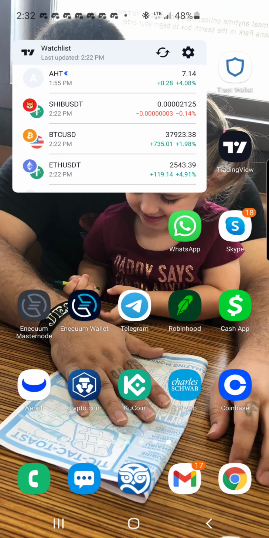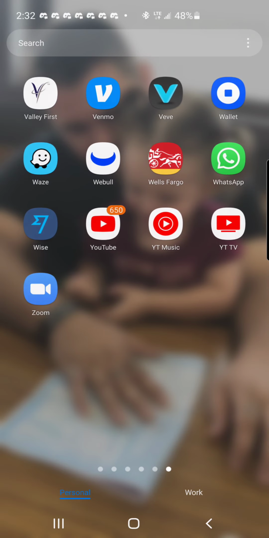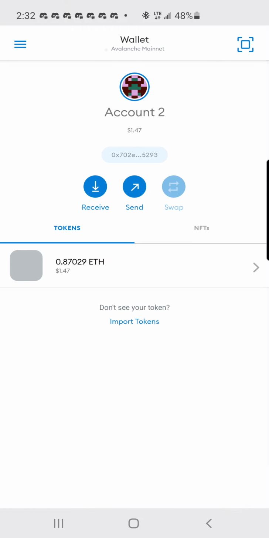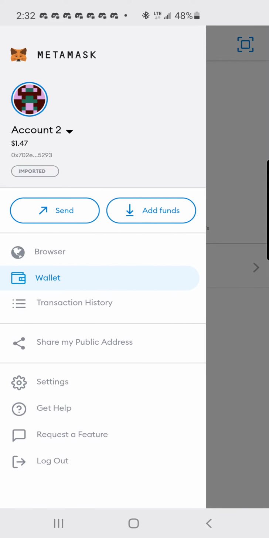I just wanted to do a real quick tutorial on how to use Metamask on your mobile phone and how to connect to websites and stake either coins or NFTs from within actual Metamask. And so we're going to go to a collection that I've been following. It's called Dogeon. They've actually just released their testnet version. And so what we do is go over here to browser,